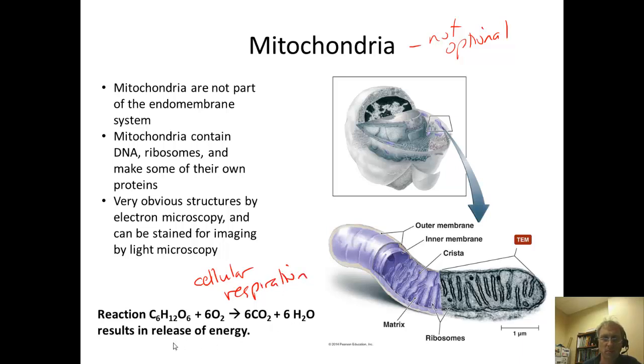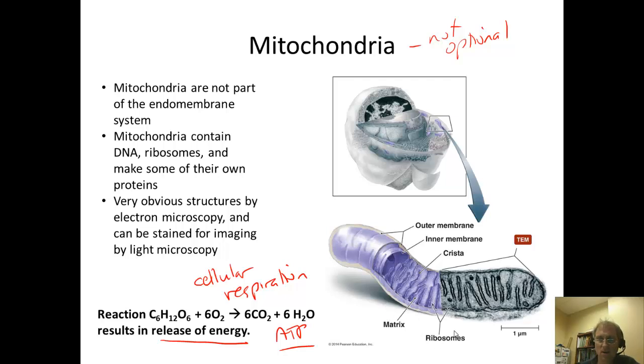Which, when it goes to completion, releases a huge amount of energy in the form of ATP that is used for all sorts of functions within the cell. Now, mitochondria, because they carry out this process of cellular respiration so well, are known colloquially as the powerhouse of the cell. Now, scientists began studying mitochondria and their internal structure once powerful enough microscopes were developed, and we can